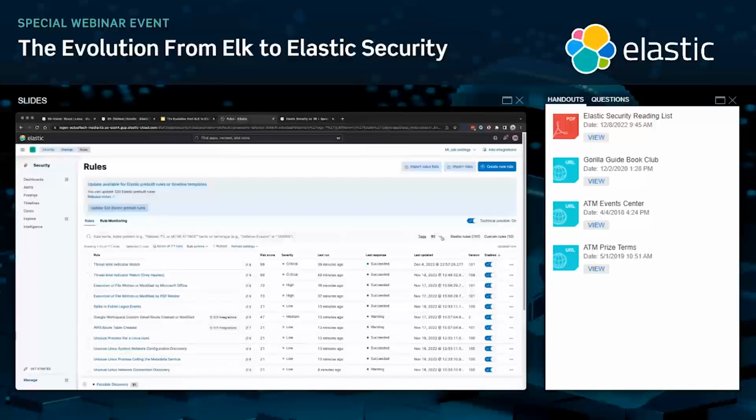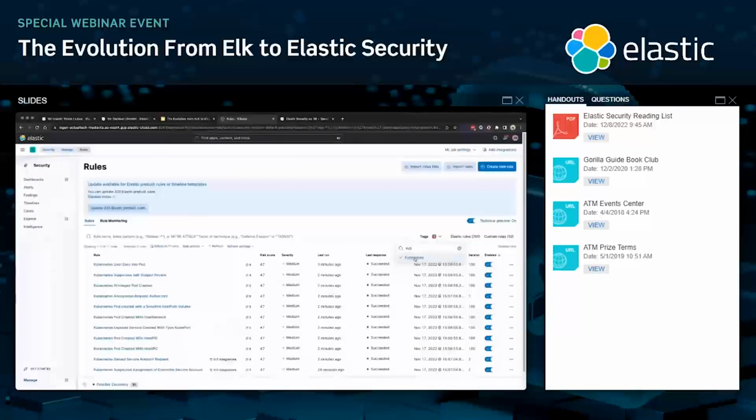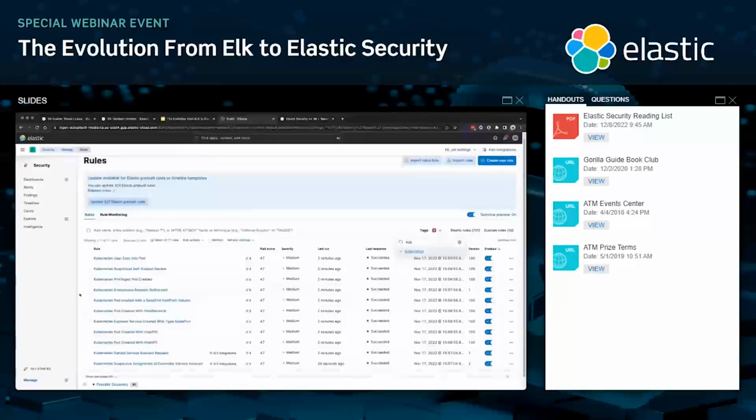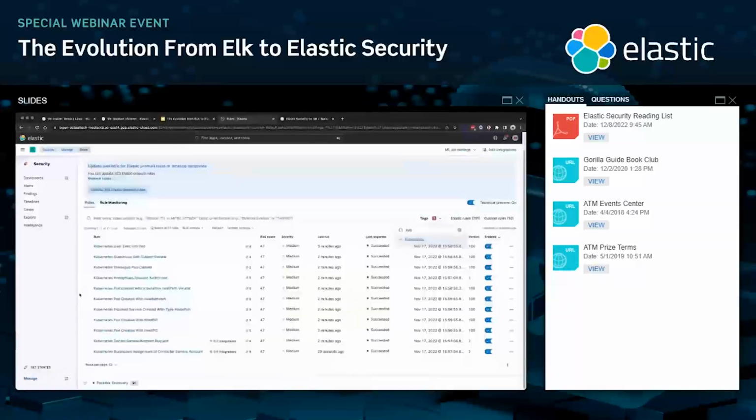Again, our threat research team called Elastic Security Labs, who is focused solely on the latest and greatest threats, is continually building content for the detection engine and for machine learning, so that you don't have to, at least you don't have to on day one. We also have a number of out-of-the-box Kubernetes-oriented rules. And to be fair, a number of the Linux rules would also be applicable to anything happening inside a container.